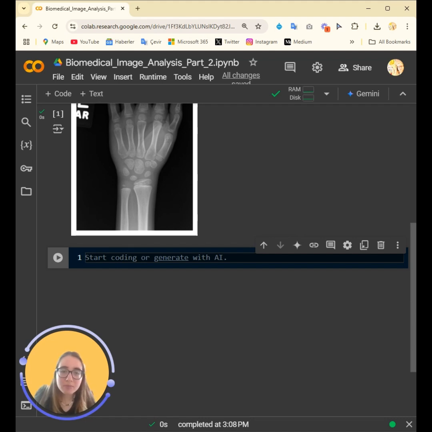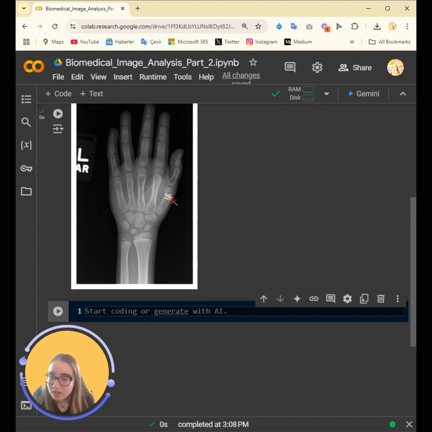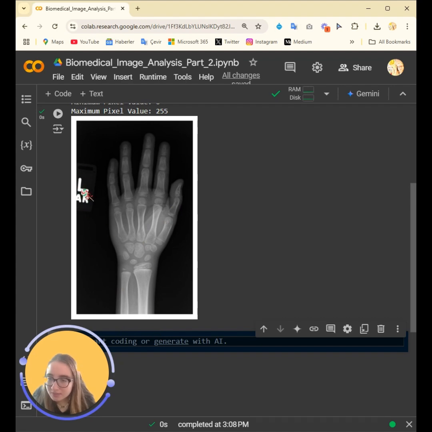And then the minimum and maximum functions, as you know, return the darkest and brightest pixel values in the image. And for grayscale images, these typically range from 0, which is black, to 255, which is white. As you can see, we have some whitish areas, but these are grayish. I think this is the part that makes the maximum 255, and the background is 0. And by analyzing this range, we can determine if the image has high contrast or if some regions are underexposed, which we will see more when we visualize these values with a histogram.